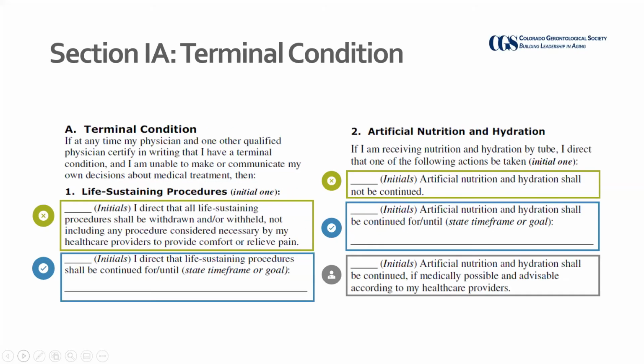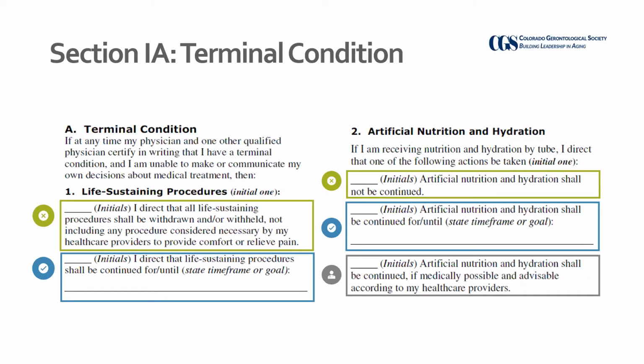So section 1A, this is where it starts asking you questions about what kind of medical treatment you want. And the information, as you see it right now, it's been blown up, or enlarged, for you to be able to see it. And note that the colors that I'm using is just to make a difference between the different options. It has no value attached to the color. Like I said, there's no right or wrong. This is what makes sense to you and what are your preferences.